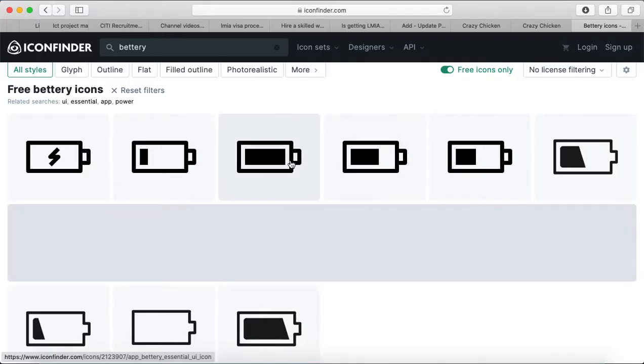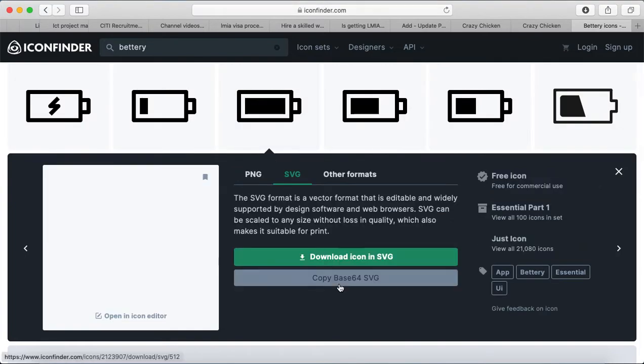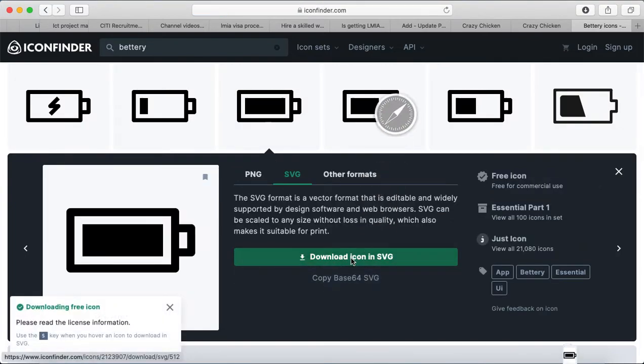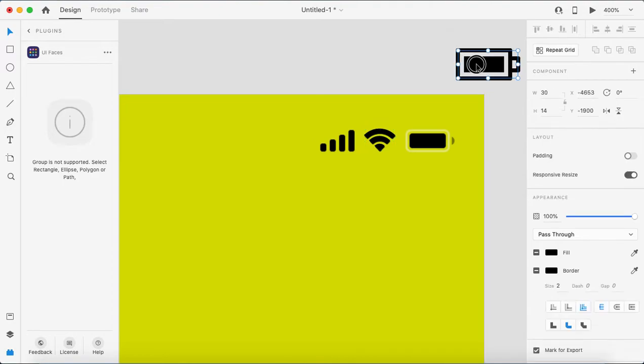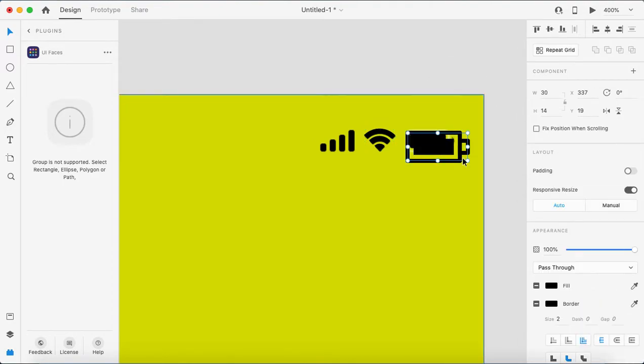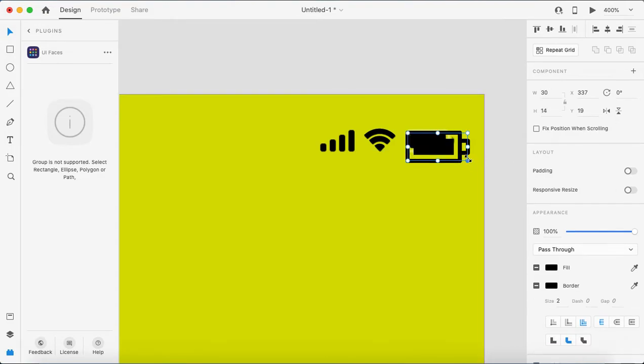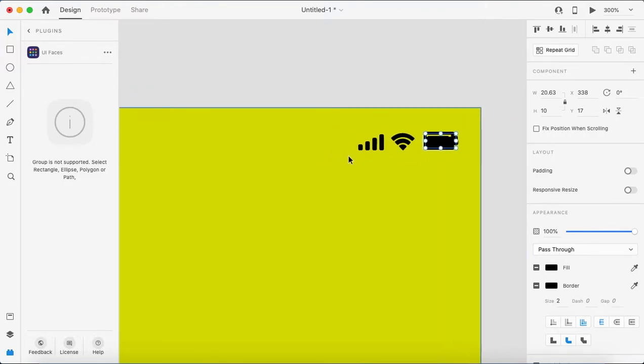This full battery is showing, so we will download this one, and we'll use that one. Okay, it's fine. And now the network.